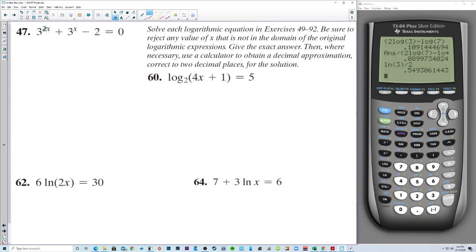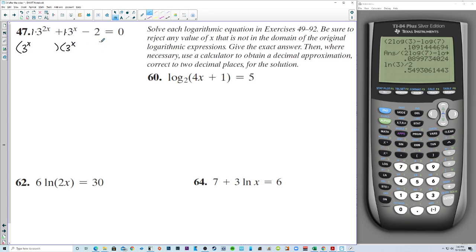Now instead of e, what if we had 3's? This would be 1 times 3 to the 2x plus 1 times 3 to the x minus 2. So that means your a is 1, your b is 1, your c is negative 2. So this factors into 3 to the x